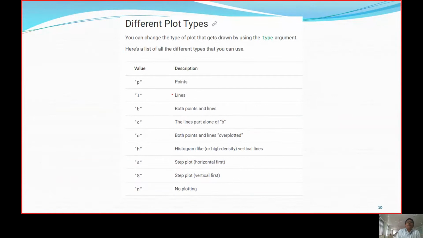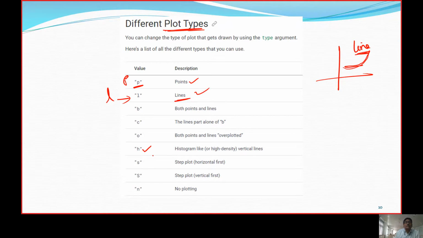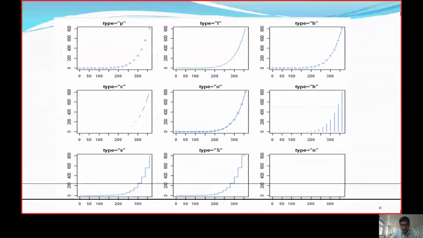Now, the next important thing to be taken up is the plotting type. When we call it L, L stands for line. When we call it P, it stands for points. So how the graph's connection should be: it is going to be a line, so we mention it with a line. If it is H, we mention it as a histogram. In this way, we are going to mention the plotting characters.